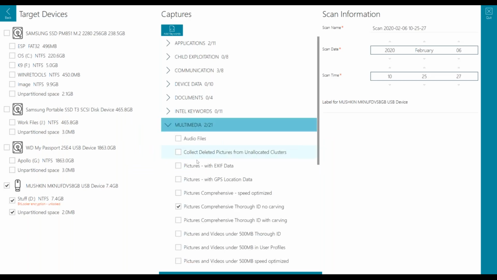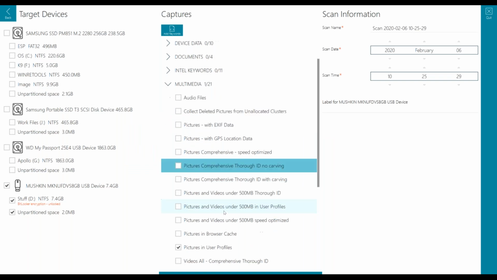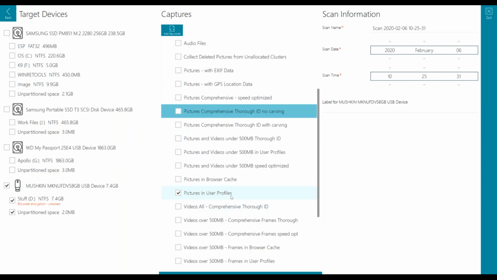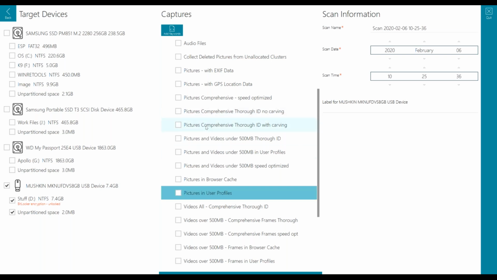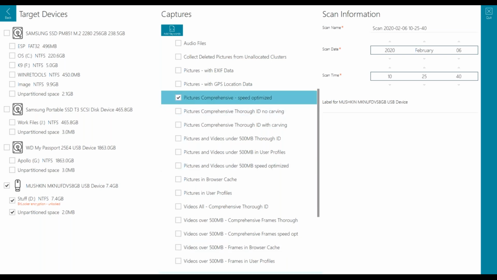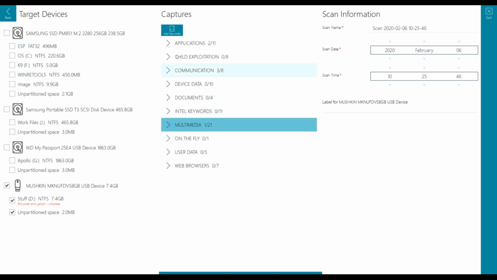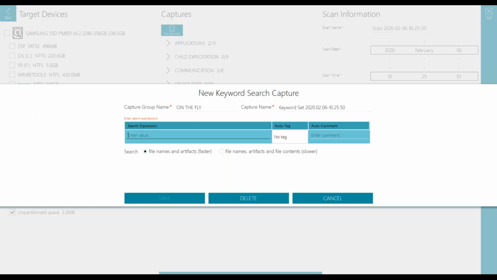I can come back here. Now, if I turn off my comprehensive, because I really only wanted pictures in the user profile, I would choose that. Or if I wanted comprehensive, speed optimized, and then I can hit scan and move forward. But again, I can also come up here and add my keywords. Same thing,